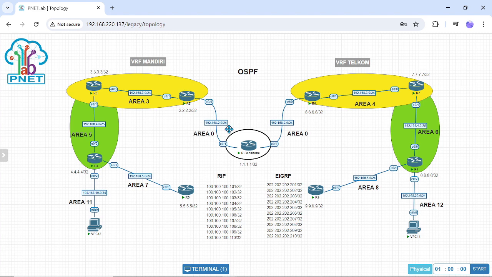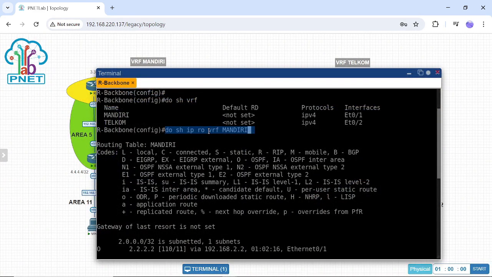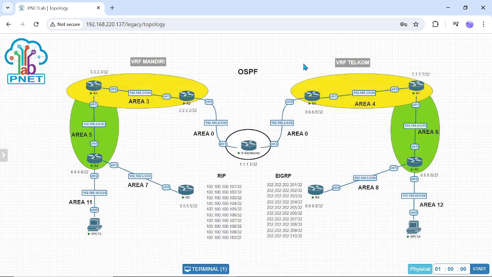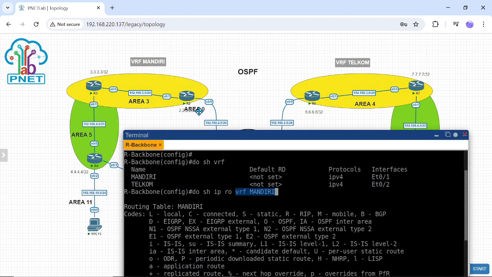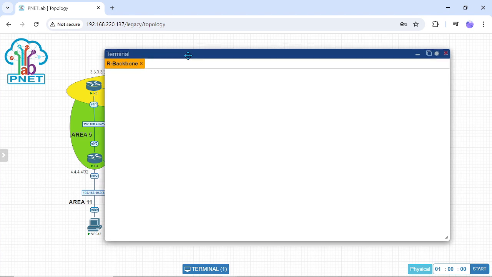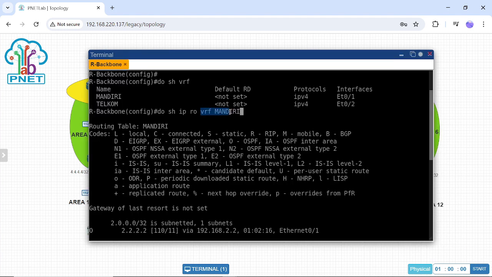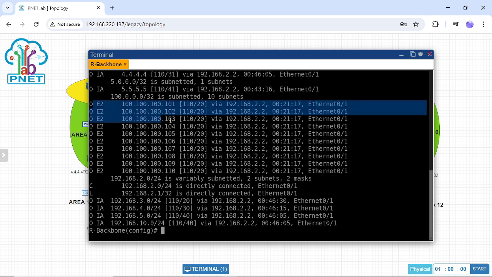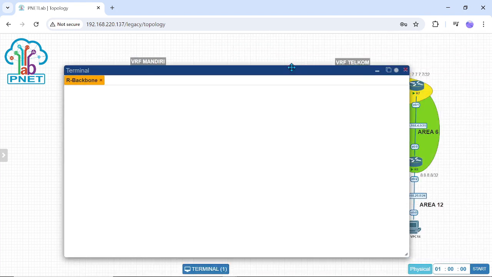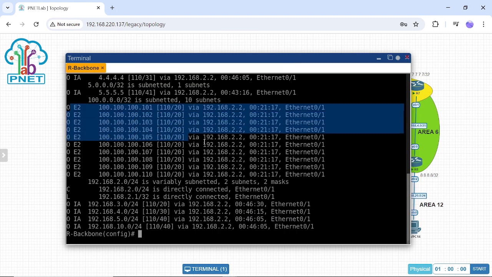VRF Telkom will not appear in this table. It only shows VRF Mandiri, for which I have configured RIP and all of the IPs that I configured before.